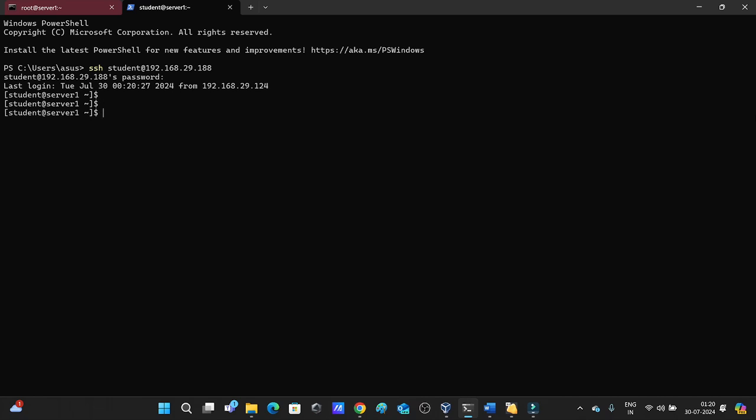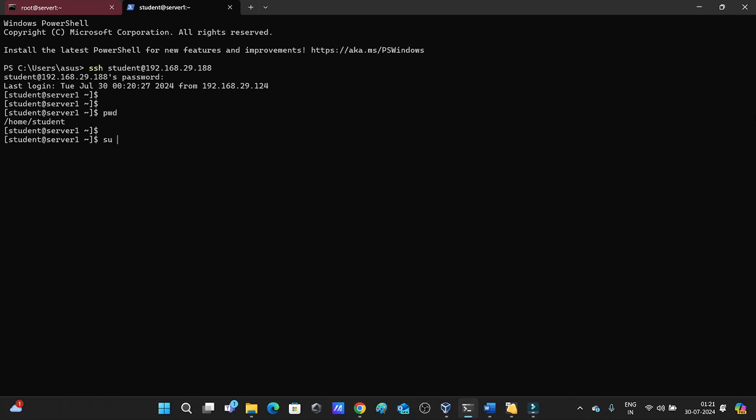So I am inside the student user. You can see the user home path is /home/student. Okay, so if I switch from the student user to the root user, the command is su space